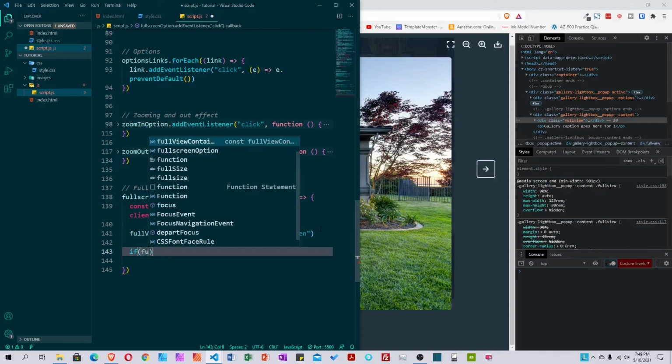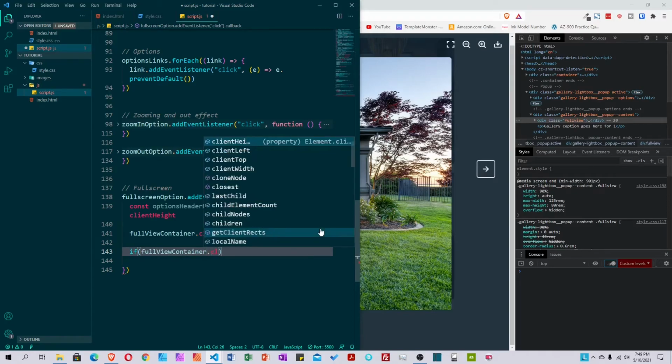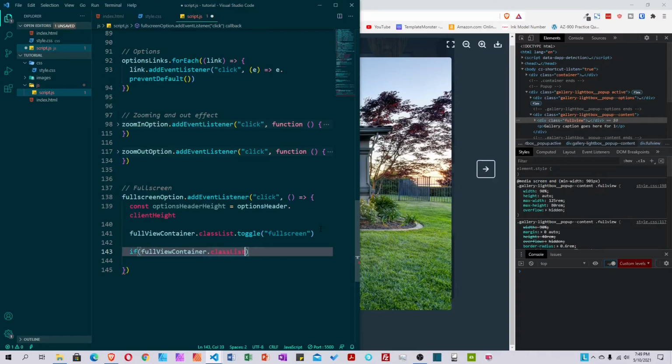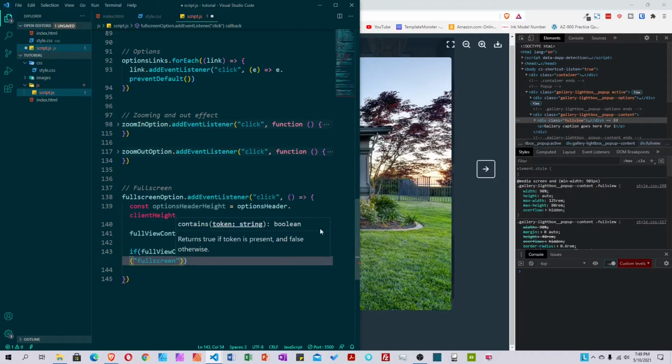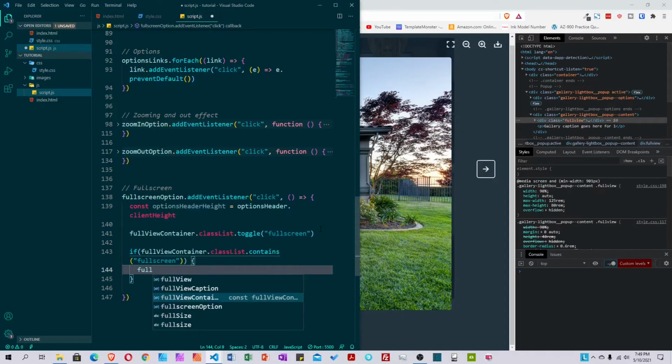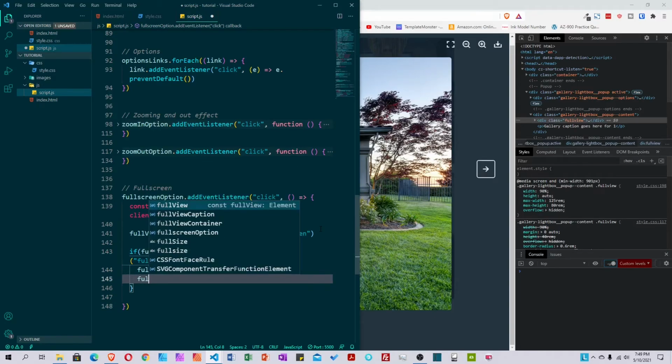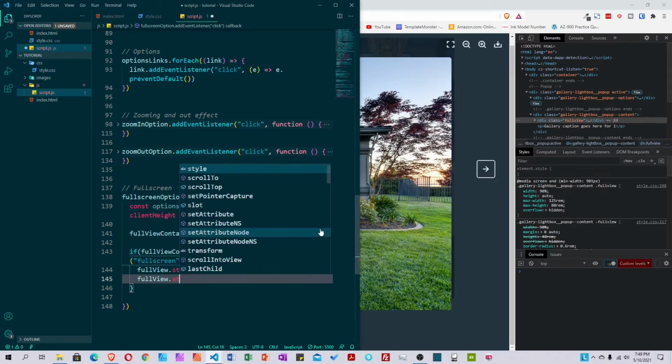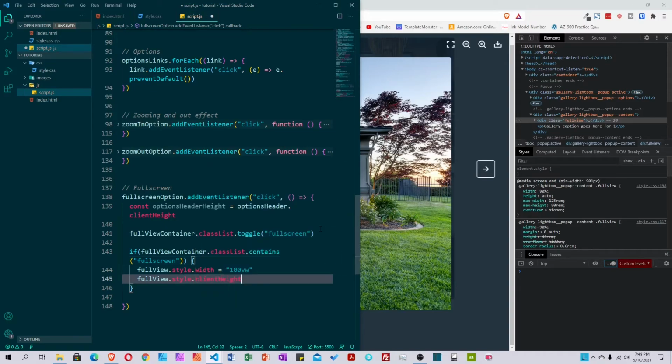Okay, so I say if fullViewContainer classList contains full screen, we grab fullView, style, change its width, it will be a string 100vw. Then again fullView, style, the height, it's gonna be